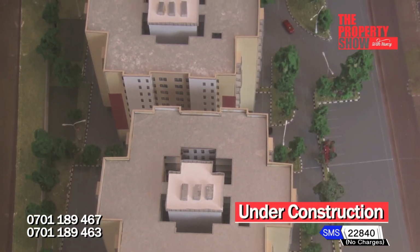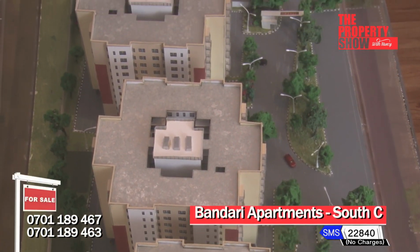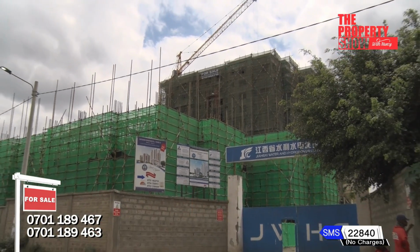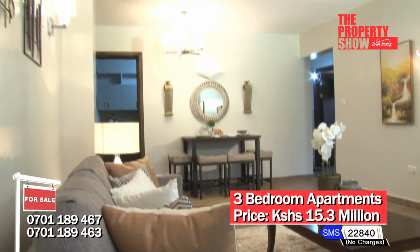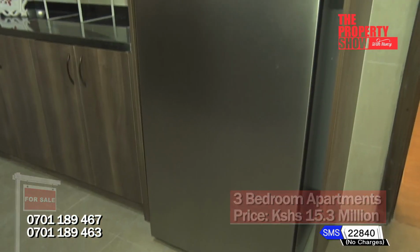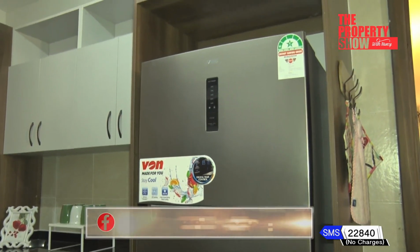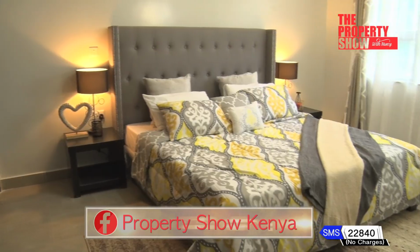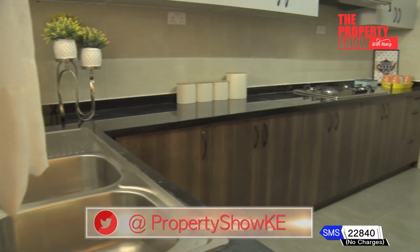Bandari Apartments offer the privacy of community living with high-level security. The development will comprise of 3 blocks of 198 3-bedroom units. The apartments come in 2 sizes, middle units of 168 square meters, while the corner apartments have size of 171 square meters. Accommodation features include spacious lounge cum dining opening to the balcony, open plan kitchen fitted with MDF high